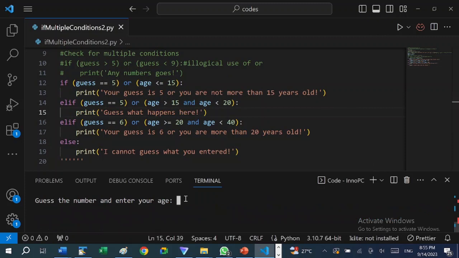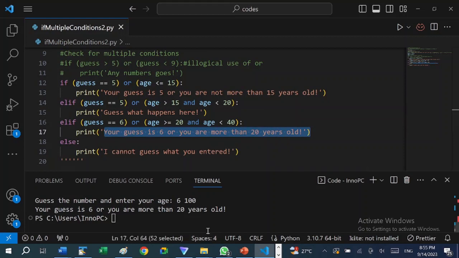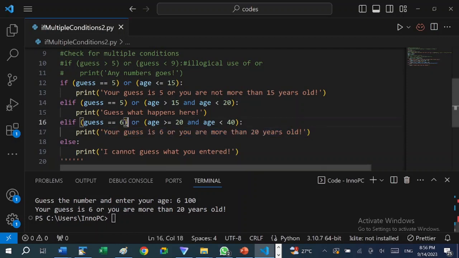So the only time it is going to look at another part of the code is when we type something that is not 5. 100. "Your guess is 6 or you are more than 20 years old." So it ignores any other part of the code because we have already typed 6. Now let's try something again.